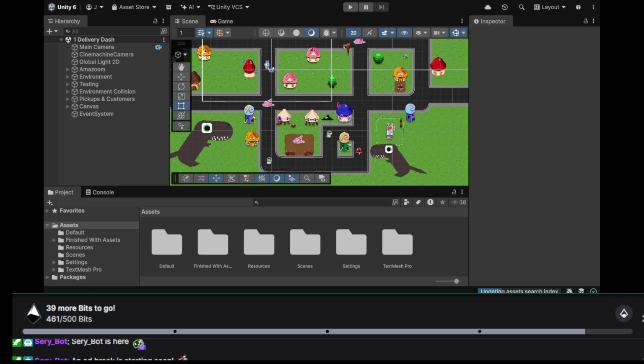edge colliders, surface effectors, how to create user interfaces with fonts and buttons, more programming techniques like method parameters and return